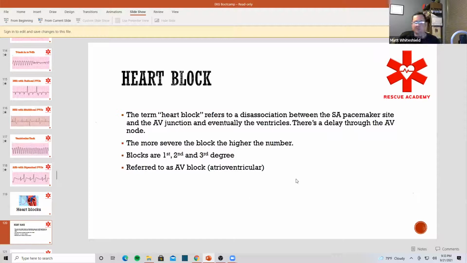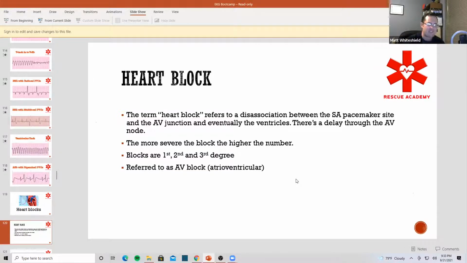Let's look at heart blocks really quick. It's very easy to differentiate the different heart blocks, right? There are 3 different degrees. Let's talk about what they are first. It says the term heart block refers to a dissociation between the SA, which is the pacemaker site in the